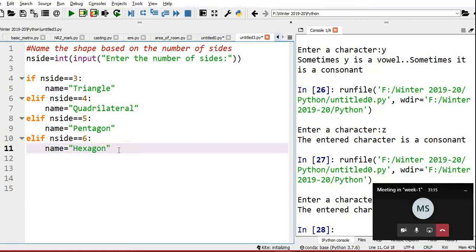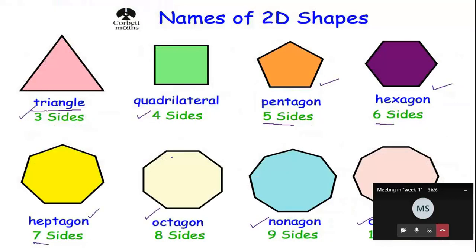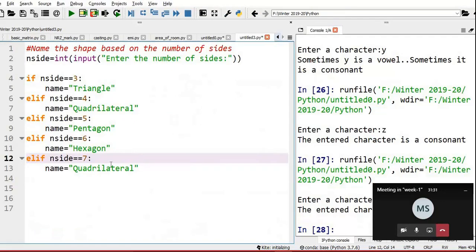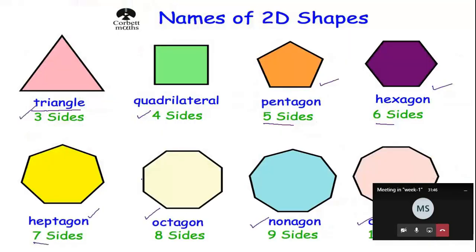Just check the spellings. I may be wrong. If the number of sides is 7, it's called heptagon. If the number of sides is 8, octagon.